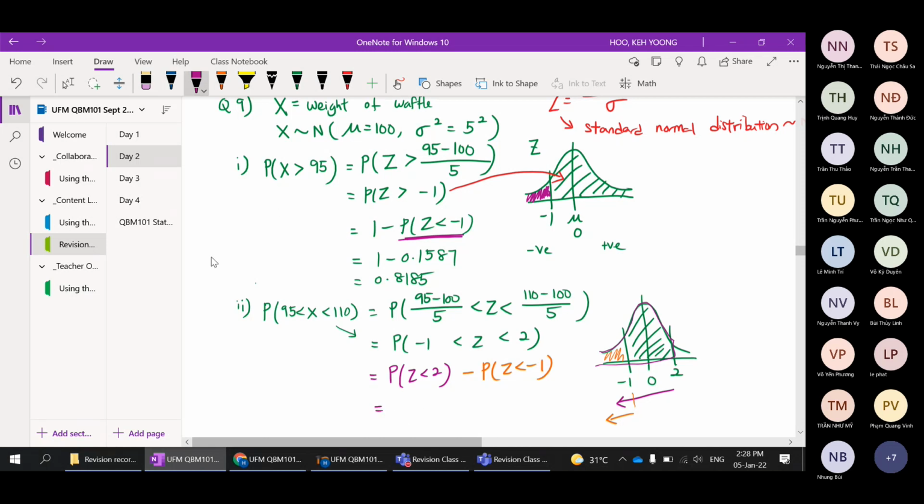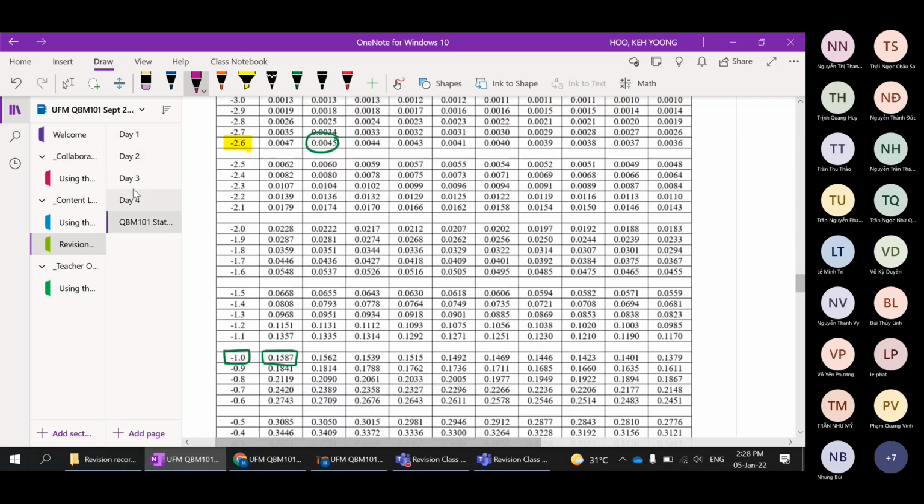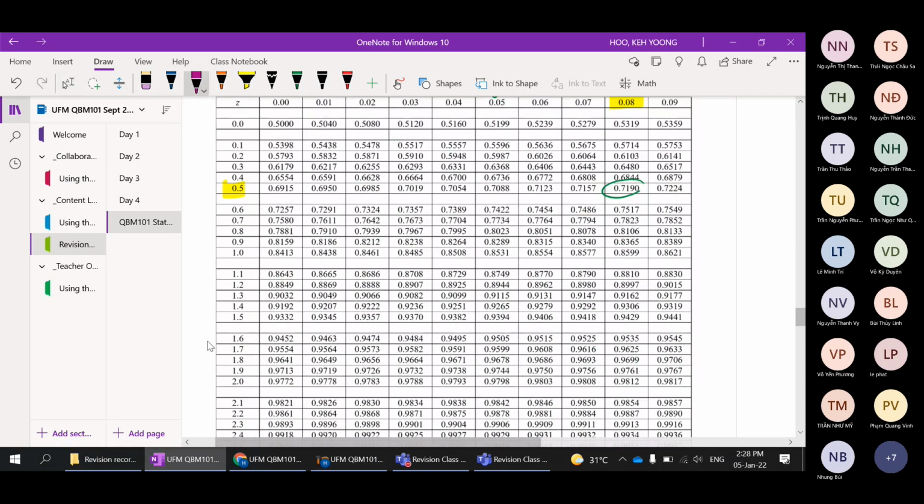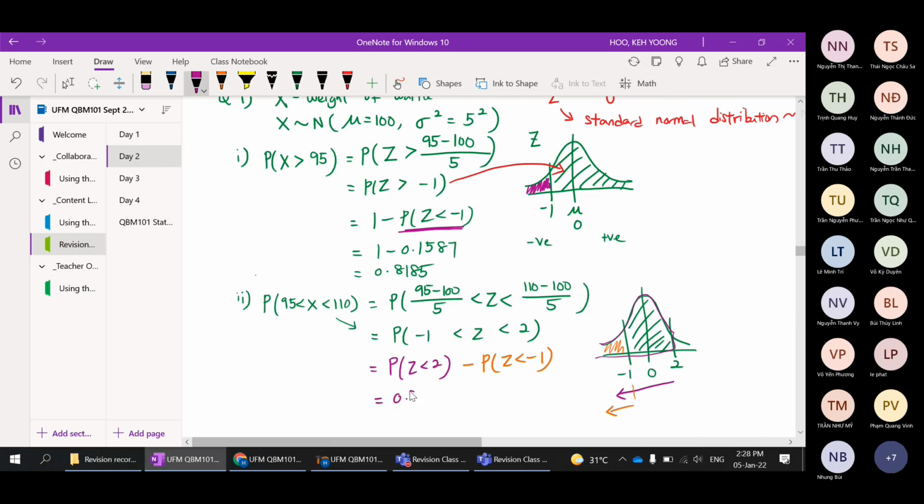For z less than 2, 2 is a positive z value, so you refer to the second page. Look at 2.00. The probability is 0.9772. For less than -1, this is the same as the first question, where we found 0.1587. So the final answer would be